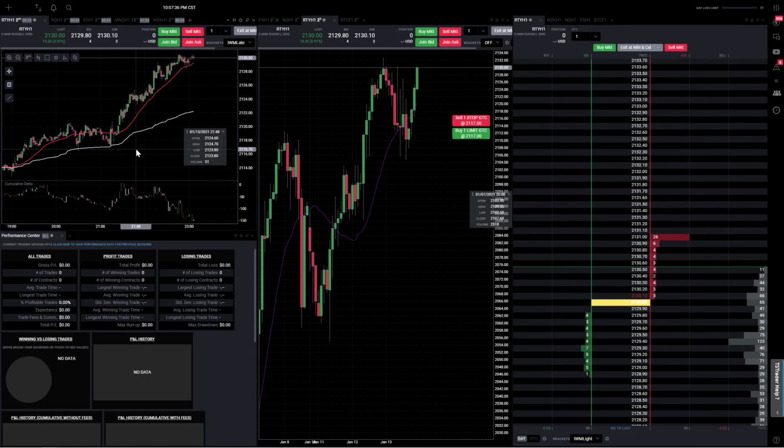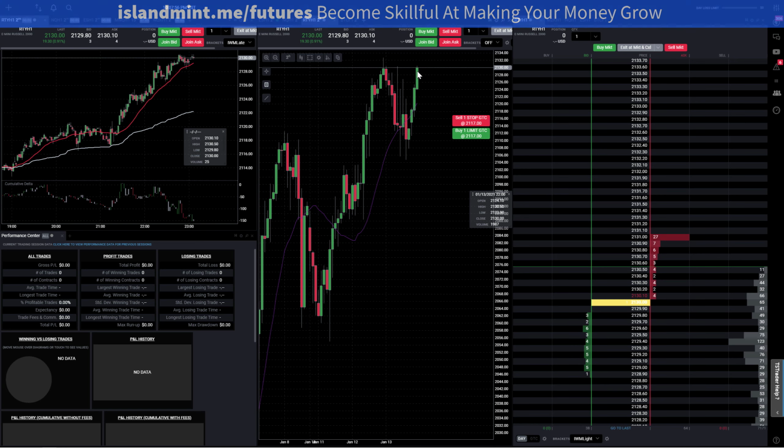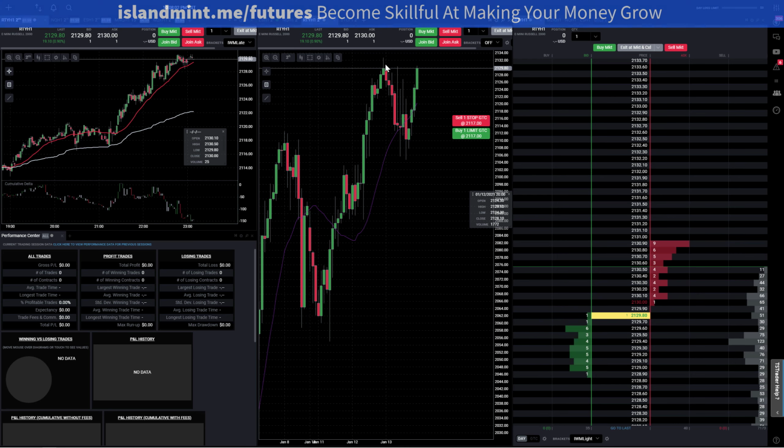So I'm looking for two things. I'm looking for both price and I'm looking for time. We've had practically 1, 2, 3, 8 hours, each bar on this chart being a 2-hour bar. We practically had 8 hours of straight upside action. We have an all-time high of 2132 within a very close distance. So for me, this is more than enough of a reason to put some capital at